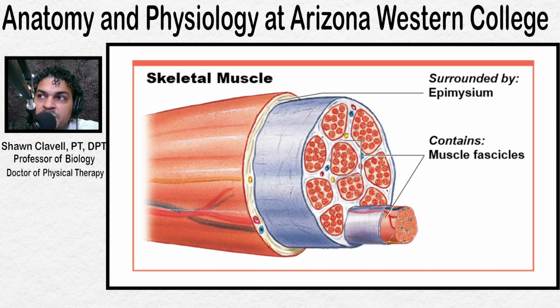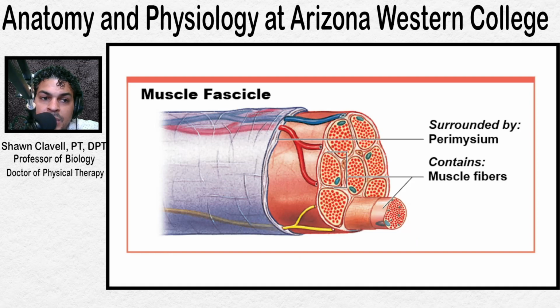So a little bit more of a descriptive picture here. We can see the skeletal muscle. This is the entire skeletal muscle structure, right? We can see the skeletal muscle is surrounded by the epimysium. The skeletal muscle is composed of a number of muscle fascicles. So each grouping here is a muscle fascicle. And as we zoom into each muscle fascicle, what we'll see is that the covering of the muscle fascicle is the perimysium,